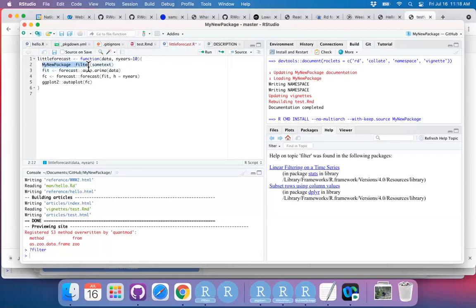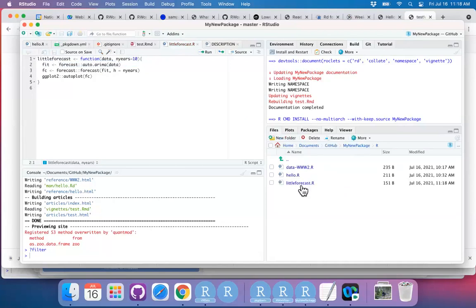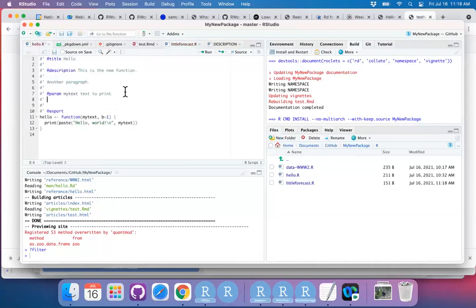Okay, great. But in terms of our Roxygen code, let me show you how you can add a reference to a function. I'm going to go to here, onto hello. So if I want to reference a function, let's say I want to put it in my description, the other function is, I can just do